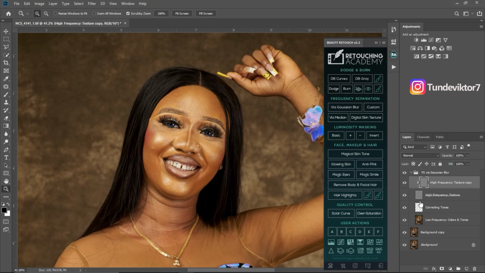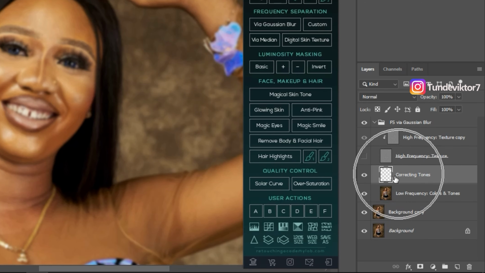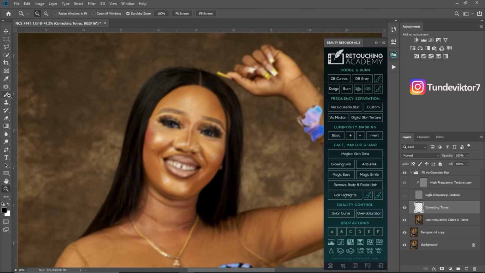And to do that, I'll come to my corrective tool right here, with this empty layer above the low frequency and color tone. I'll just click on it. I'll turn off my high texture, which is this one right here. Make sure I'm on my corrective tone. I'll pick my mixer brush